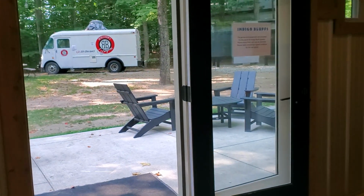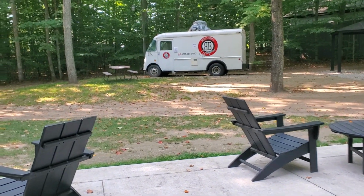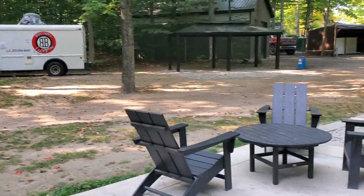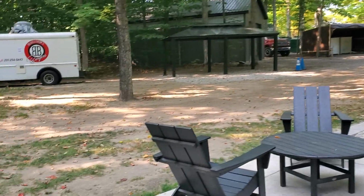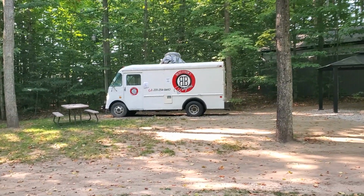Yep. The park does not have planned activities for kids, but there's so much to see and do in the area. Most people are gone during the day, or they may be at the pool, and then come back to the campground at night to hang out by the fire. We have a food truck on property, Bergstrom Burgers,